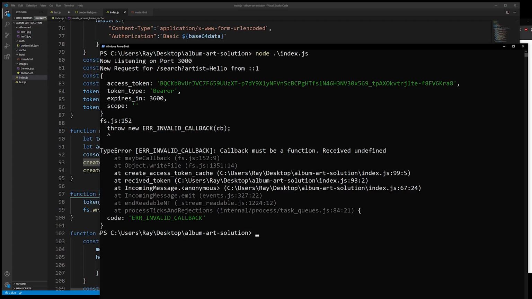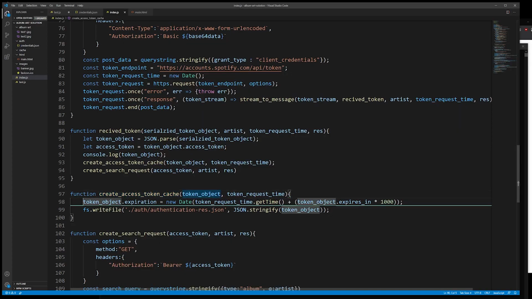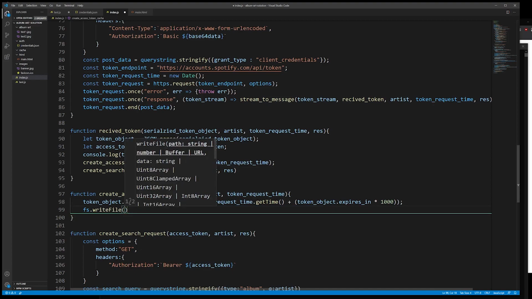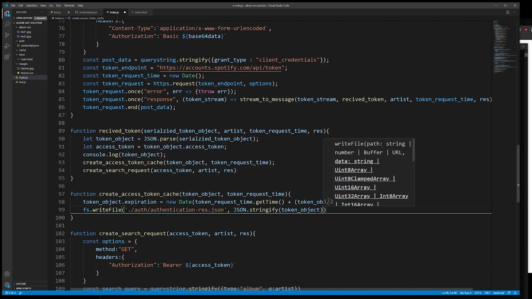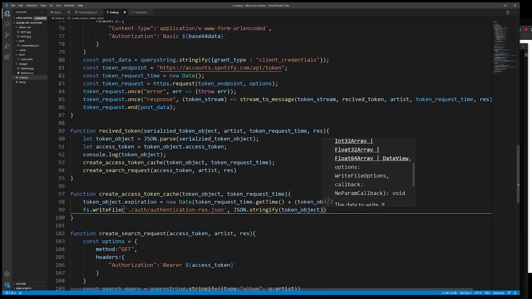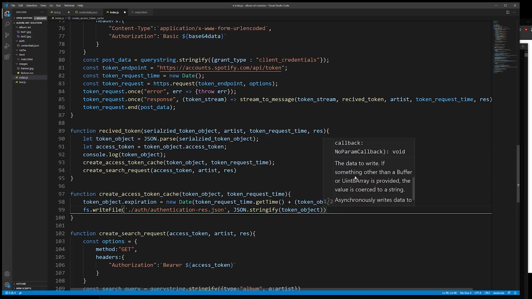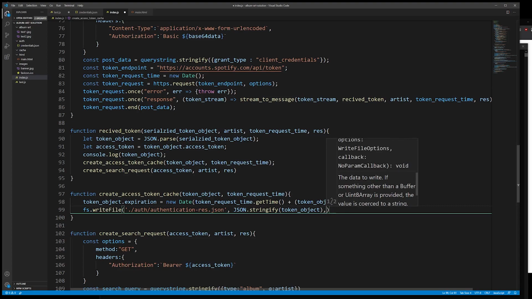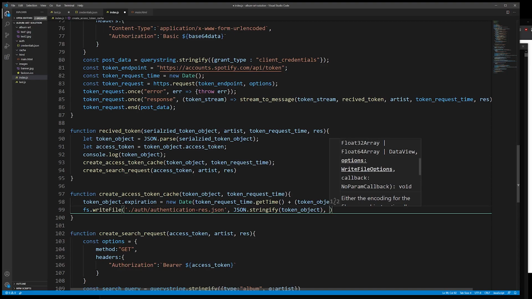Callback must be a function. fs.writeFile. So the first parameter is the path. The second parameter is the data. Okay, so it's missing a third parameter, which is